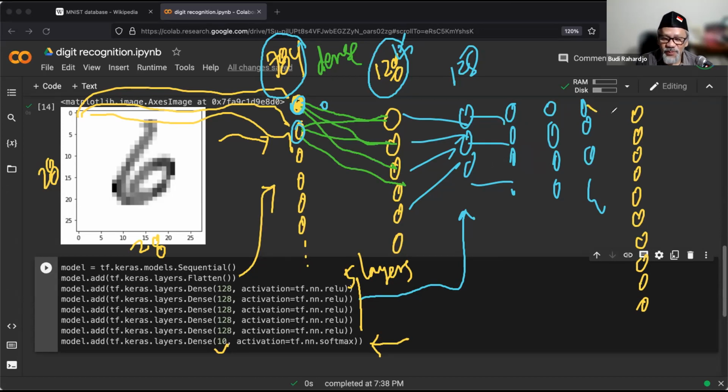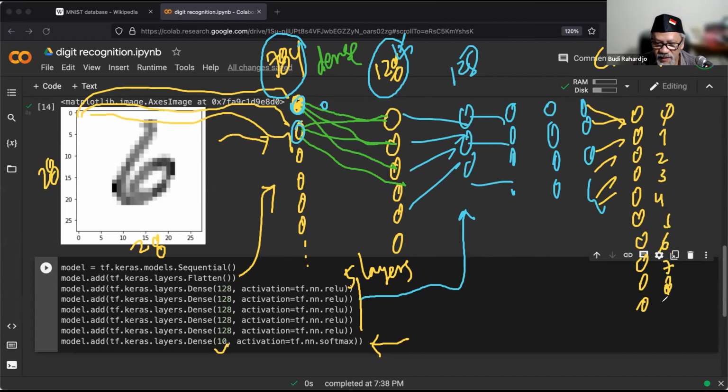At the end, this is what we call the classifier. This is 0, this is 1, this is 2, this is 3, 4, 5, 6, 7, 8, 9.